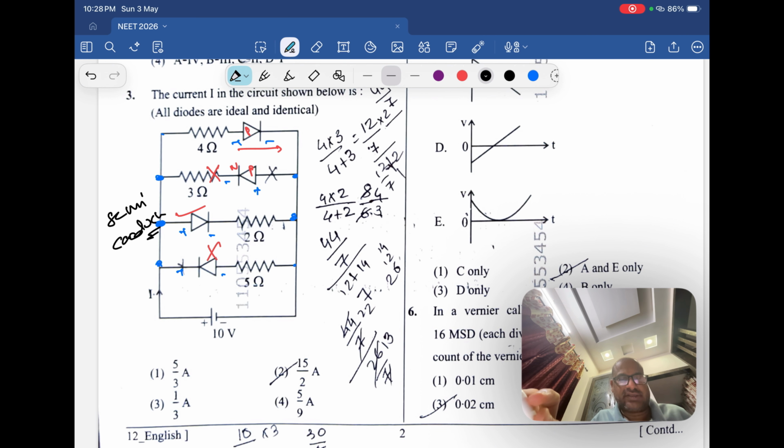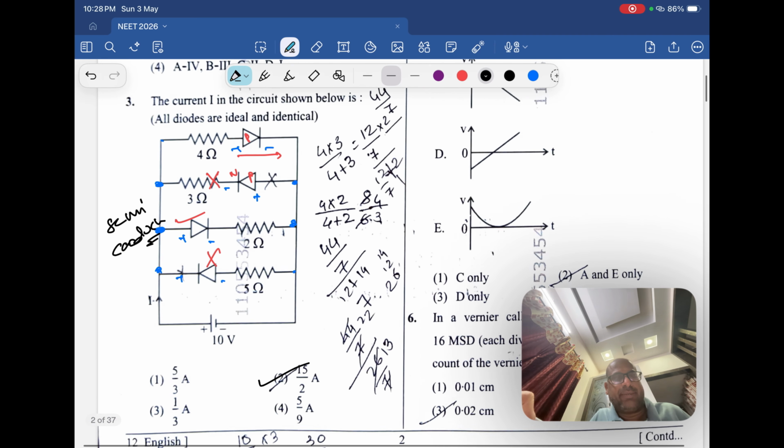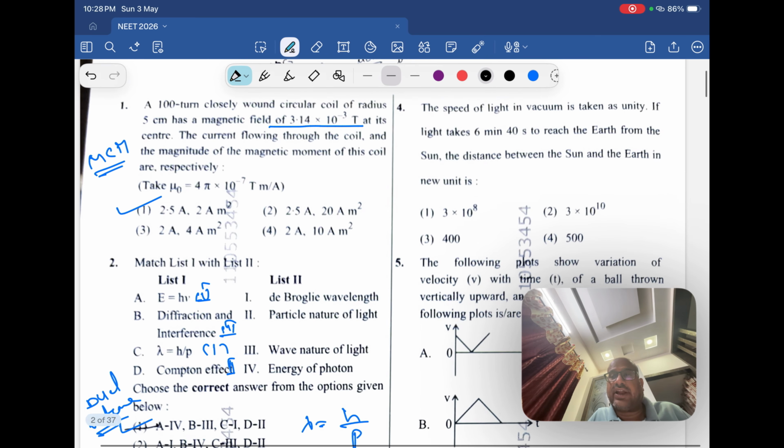Okay, yeah, let us take. So this is 15 by 2, which means 7.5 ampere. Okay, this one. And coming to the next question, you can see here the speed of light in vacuum is taken